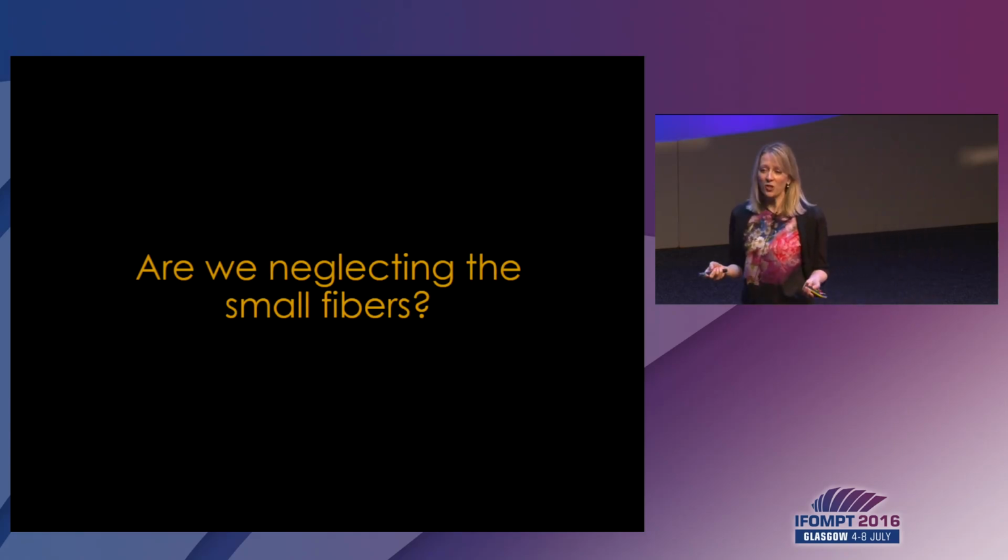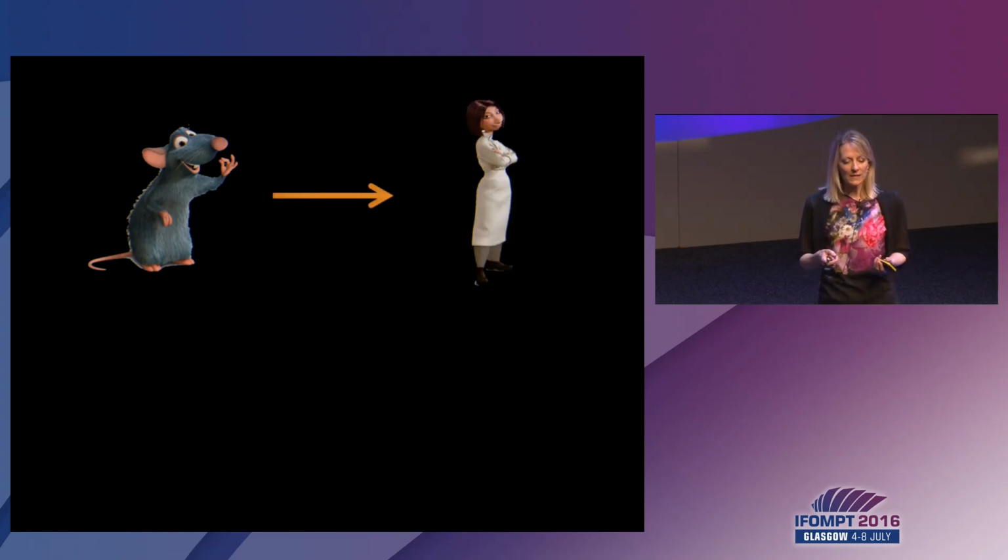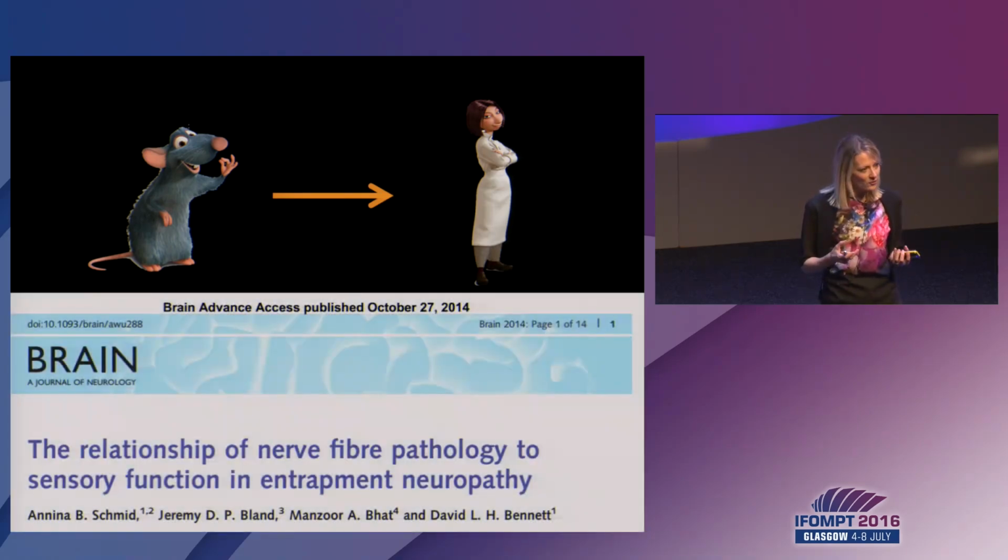Now, that poses the question whether we are indeed neglecting the small fibers in our patients. I would like to point out, though, that this was an animal model, and obviously it's difficult to say whether that translates to what we see in our patients. So what we did is we actually did that study, and we used carpal tunnel syndrome as a model system to look at it. Now, obviously, I can't cut out the median nerve in these patients, but what I can do is